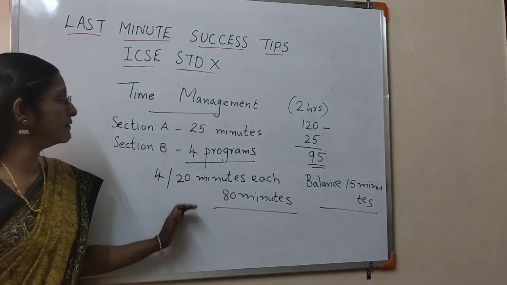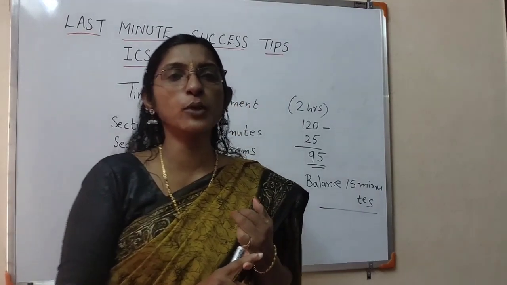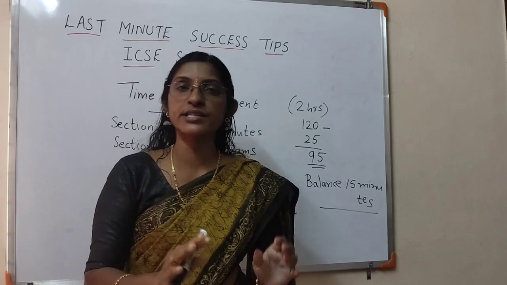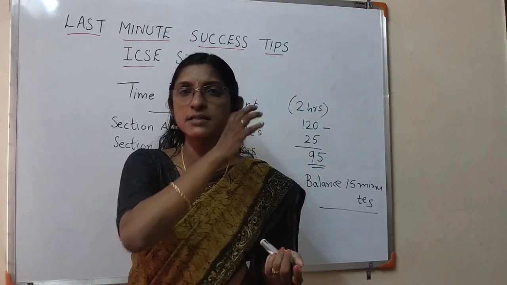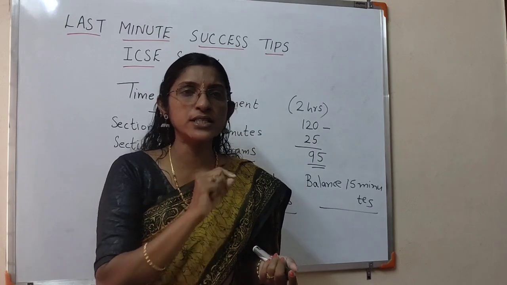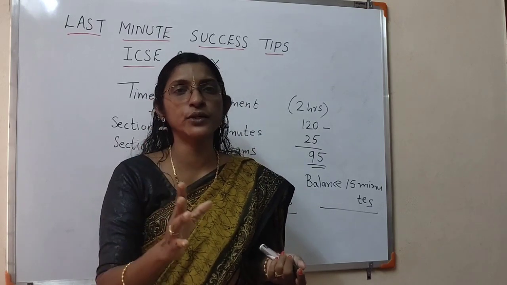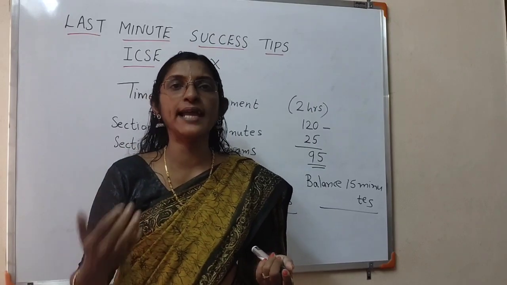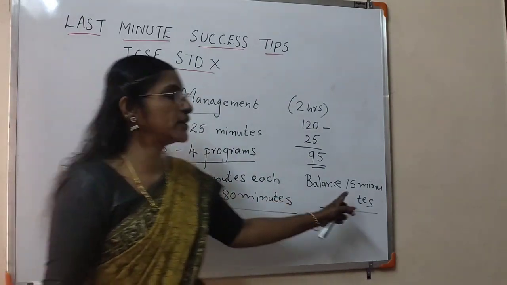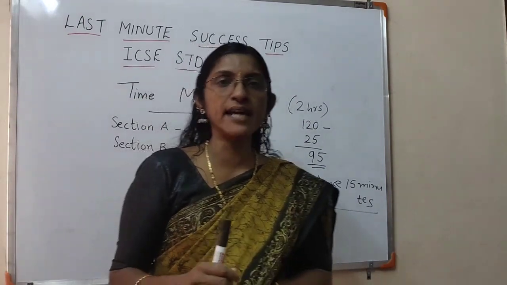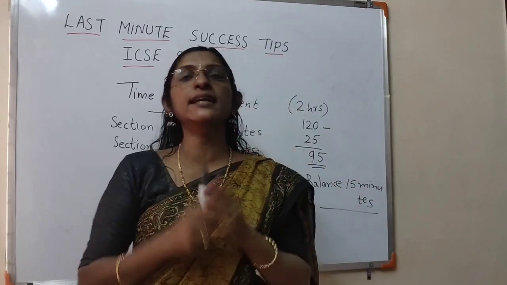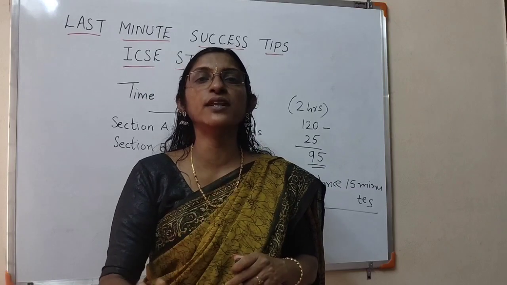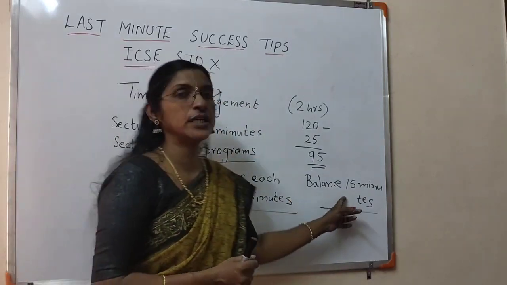Now one more important thing I will tell you. If a student is confident in the programming part, he can opt for section B first, no problem with that. If a student wants to start from section A itself, start writing from section A onwards, and whichever question you find difficult or confusing, just leave 2-3 lines there, then continue writing section B. Afterwards, with the 15 minutes extra time, you can come back to section A at the beginning and make corrections or fill in whatever you have left out. You can do everything peacefully within these 15 minutes.